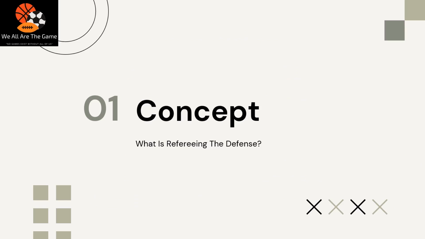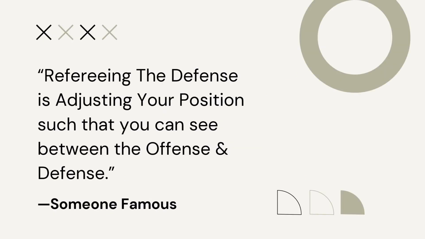So, exactly what is refereeing the defense? Refereeing the defense is adjusting your position such that you can see between the offense and defense. You will hear a lot of officials referring to adjusting your position as position adjustment or PAs for short. And we're going to adjust our position such that we can see between the airspace of our offensive player and